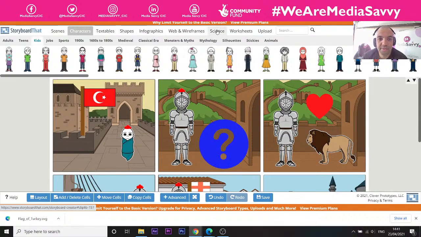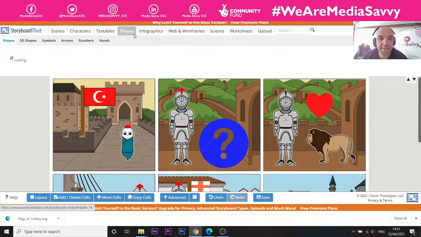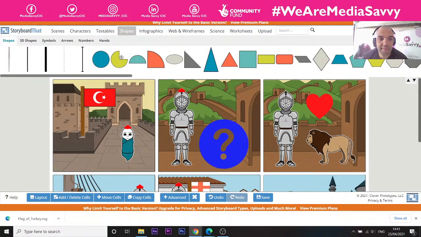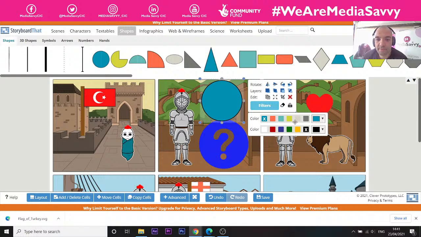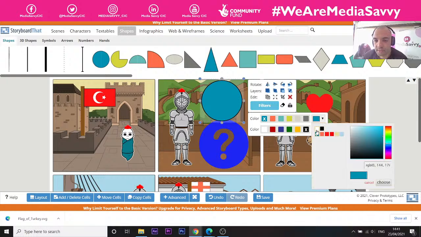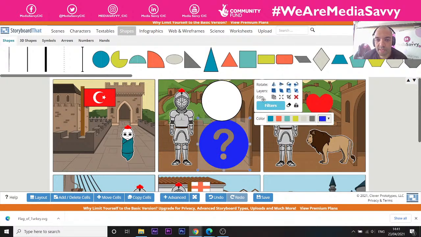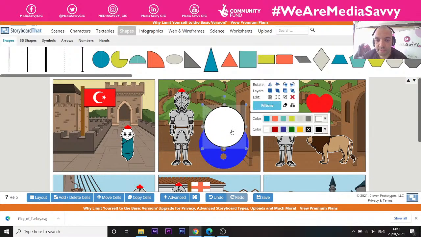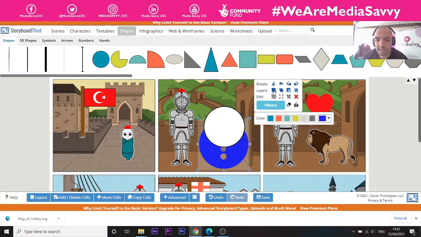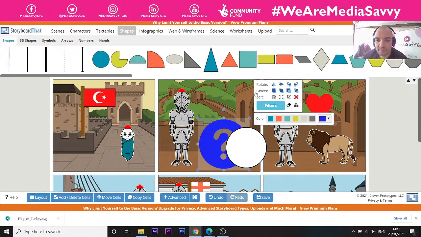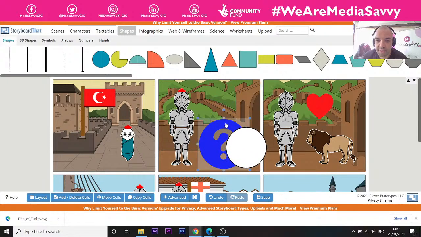What I'm going to do, see if I can find another shape. This is really bothering me, so I'm going to drag this over. I'm going to put that white, and I'm going to send that behind, put this in front of that. Can I do that? I'll send it back, maybe. That's not working. But what I was trying to do is bring this image,